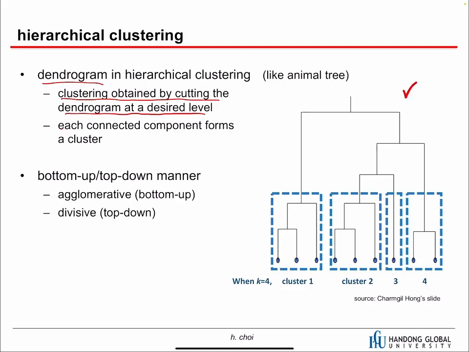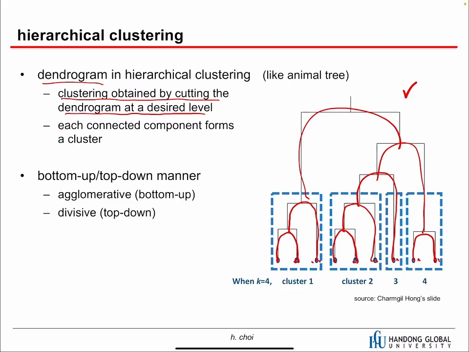So let's take an example here. We have 9 items, and we make a hierarchical clustering based on similarity. Based on similarity, these ones are quite close, and then these ones are close, and these ones are close. And the next one is this one. This one is close to this one, and then this one and this one. So we can build up our tree based on this similarity.